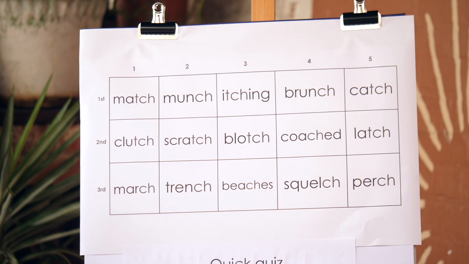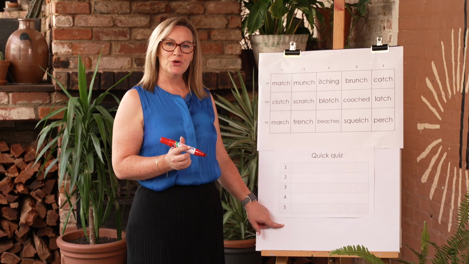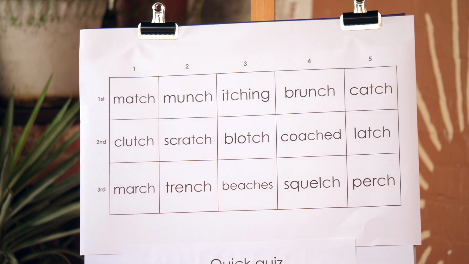In the second row, write the word which means to hold something tightly. Make sure you're writing it down on your piece of paper. The word in the second row, which means to hold something tightly. Number 2, in the second column, write the word which is something you would do to an itch. In the second column, write the word that's something you would do to an itch.